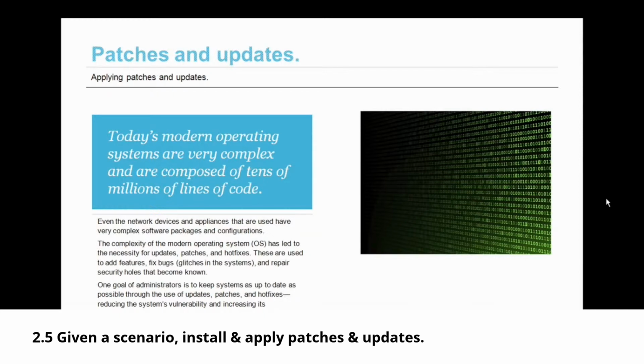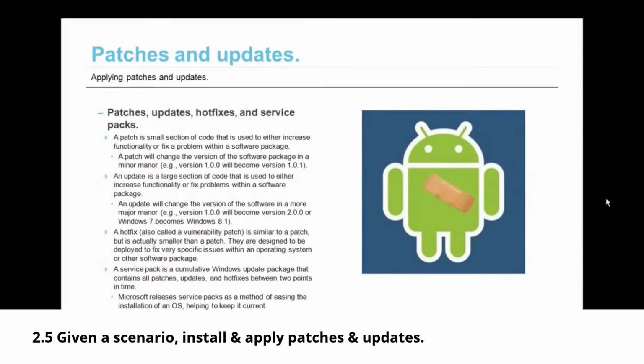One goal of administrators is to keep systems as up-to-date as possible through the use of these updates, patches, and hotfixes, reducing the system's vulnerability and increasing its functionality while reducing maintenance costs. A patch is a small section of code that is used to either increase functionality or fix a problem within a software package. A patch will change the version of the software package in a minor manner, as in version 1.0.0 will become version